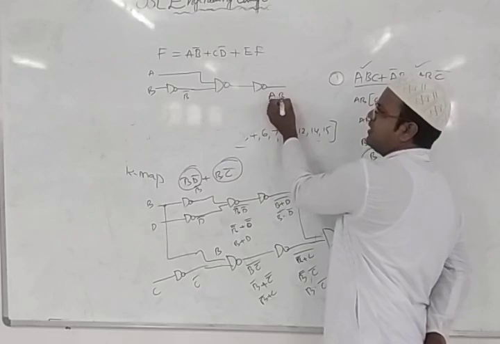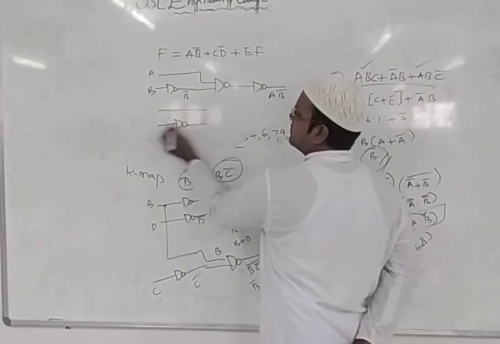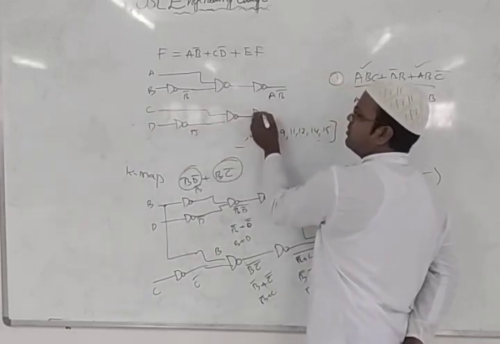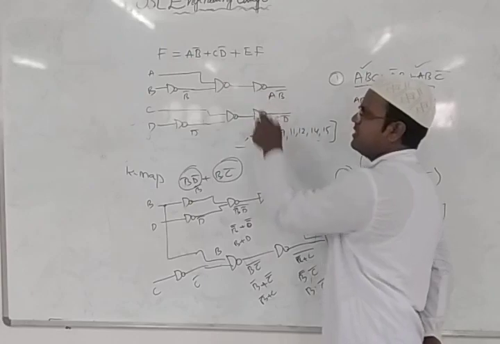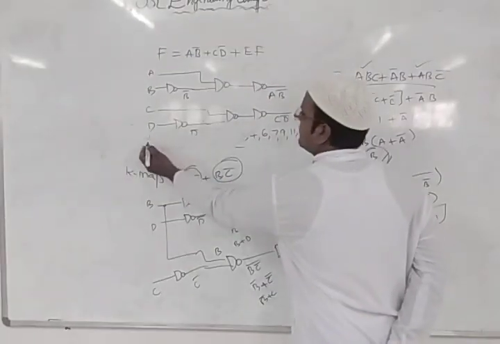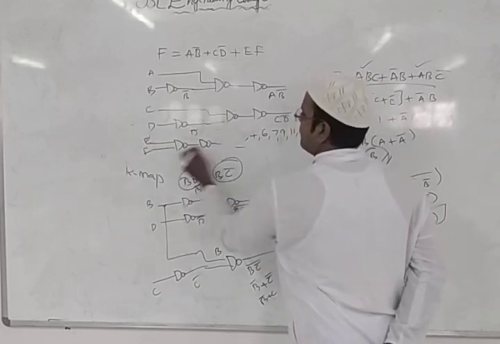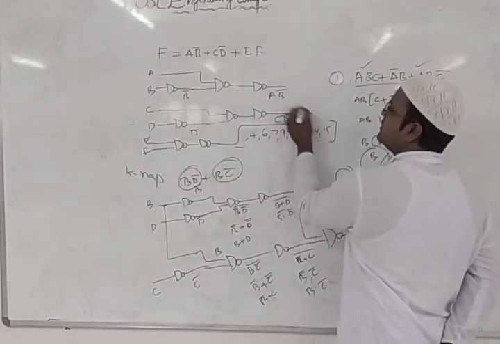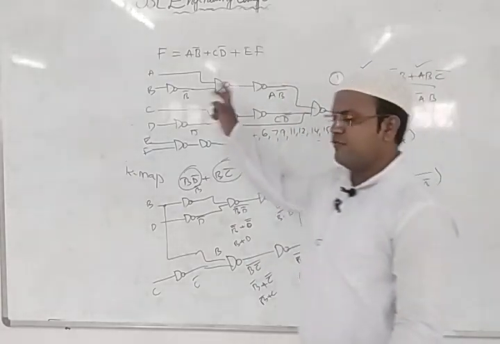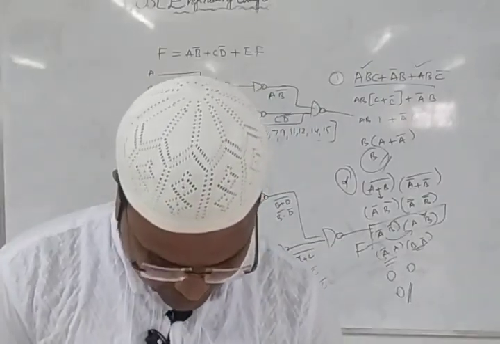So this will be A B bar. For this, C and D. So C, D bar, we'll pass to one NAND gate, and then to one more NAND gate. So we'll get C, D bar, because for the product we apply two NAND gates in series. E, F, like that I can use E and F, and pass to two NAND gates. Then all these combinations, this and this and this, I'll pass to one NAND gate. Then I'll get the answer for this function. This is the way we do question number 7.